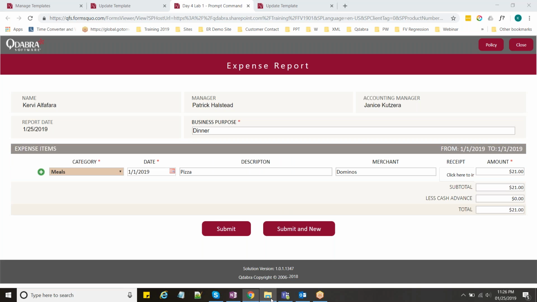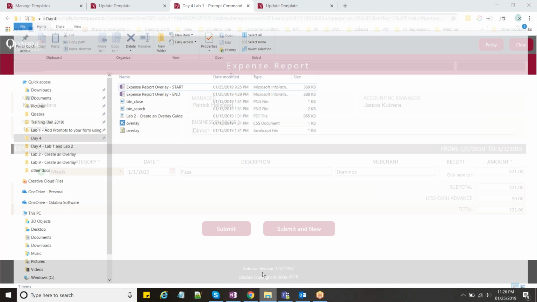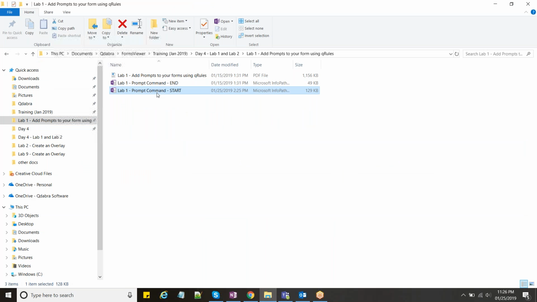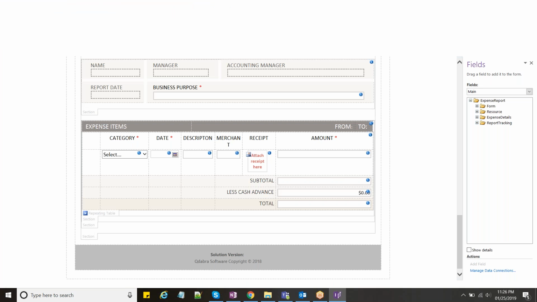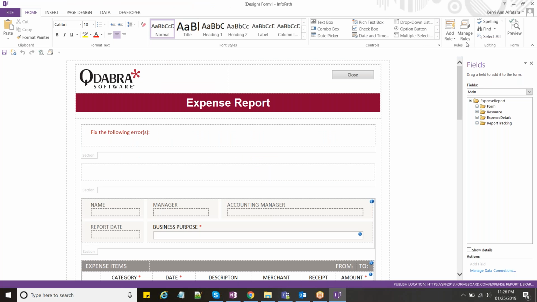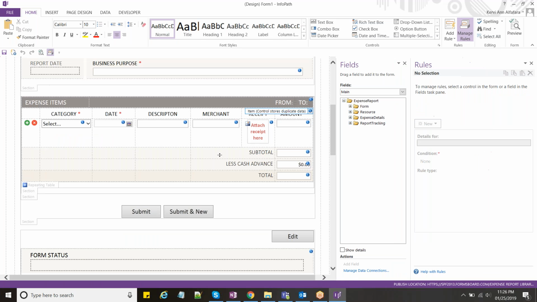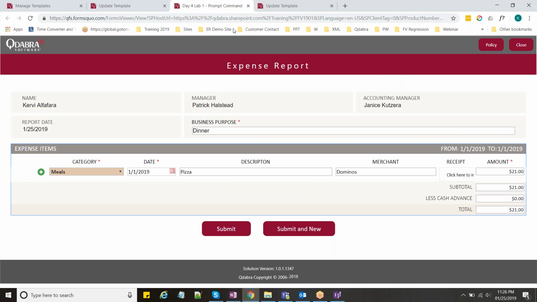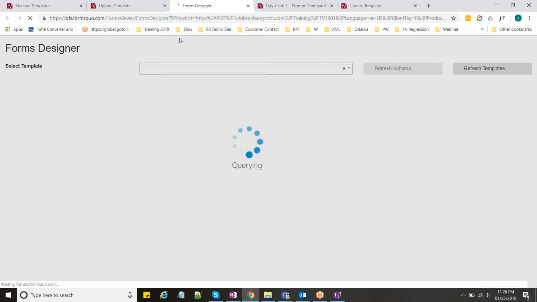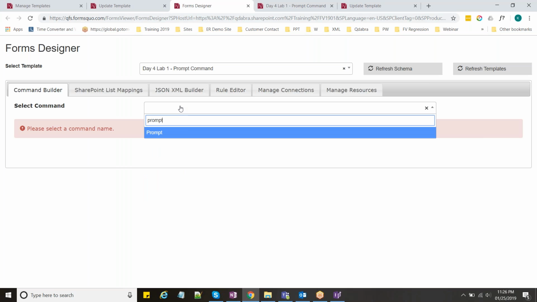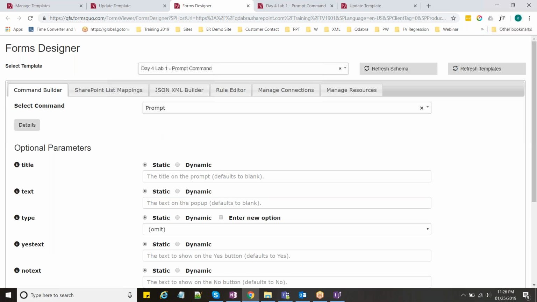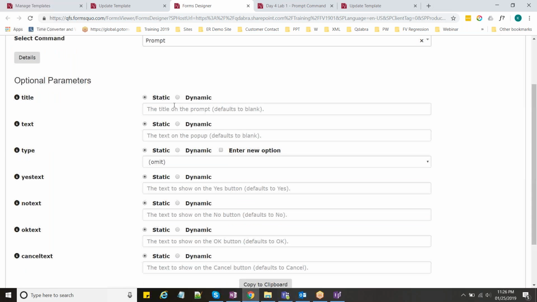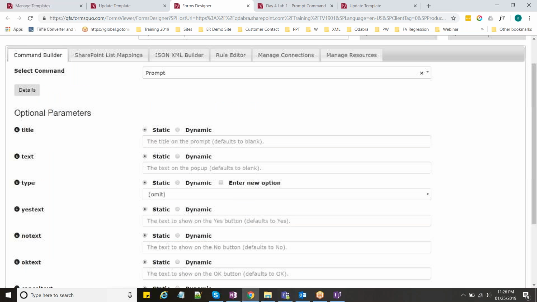So in the lab that we just provided, there's a sample form there, and here in the submit button, we will add that prompt command. So to build that command, we're going to the design button here in FormsViewer, and we'll just look for the prompt command. And as you can see here, these are the optional parameters, but there are 3 key parameters for the prompt